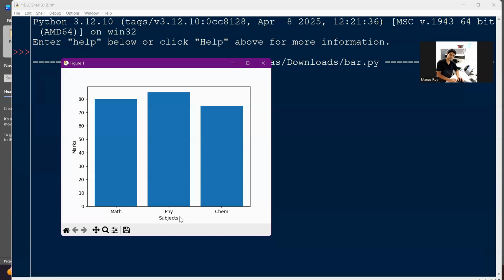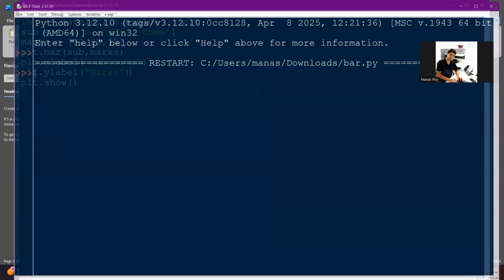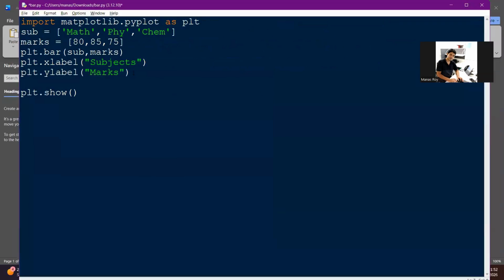So here you can see my graph is having proper details. This axis is representing subject and this axis is representing marks. But here we need to give some title, because a title helps us initially to find out which kind of graph it is. So same thing, let us do here plt.title. I have given here marks details. Now if I execute this one,